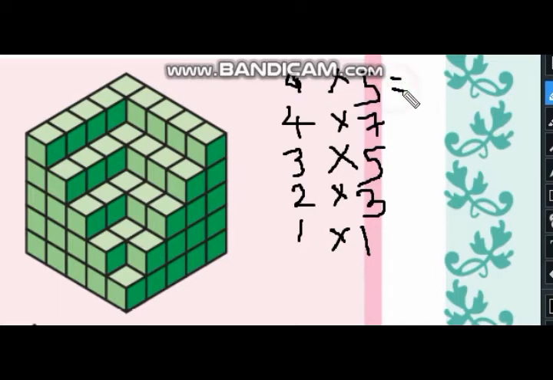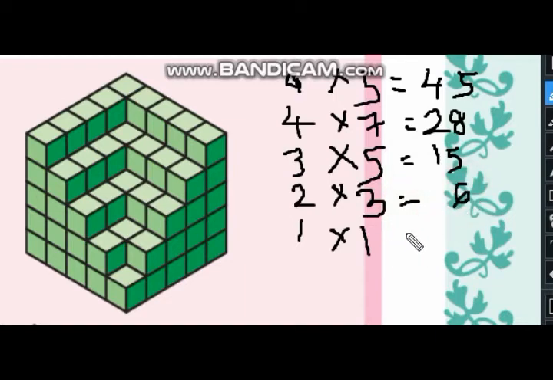So 9 5s are 45, 4 7s are 28, 3 5s are 15, 2 3s are 6, and 1.